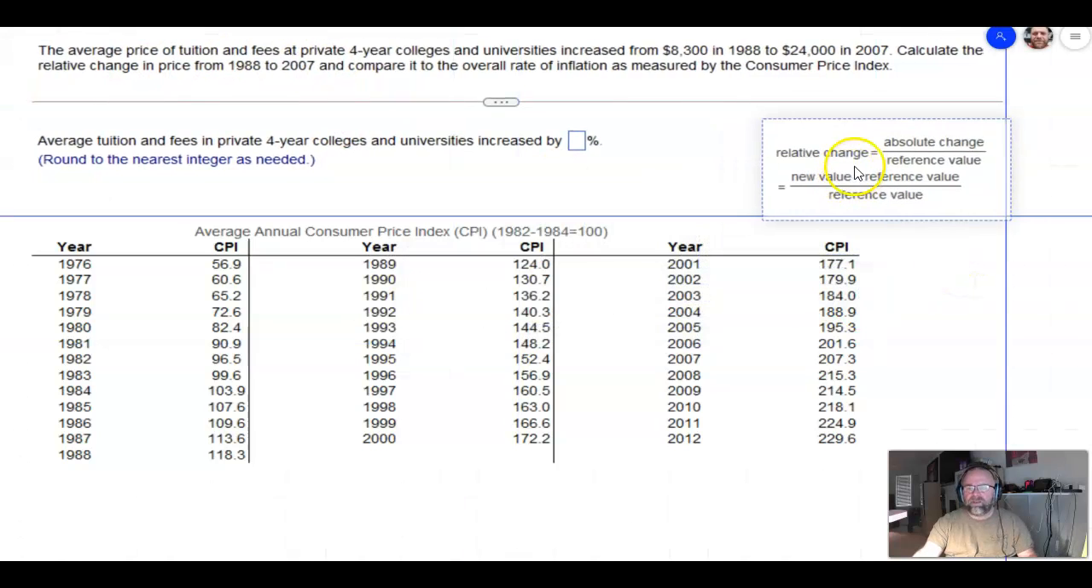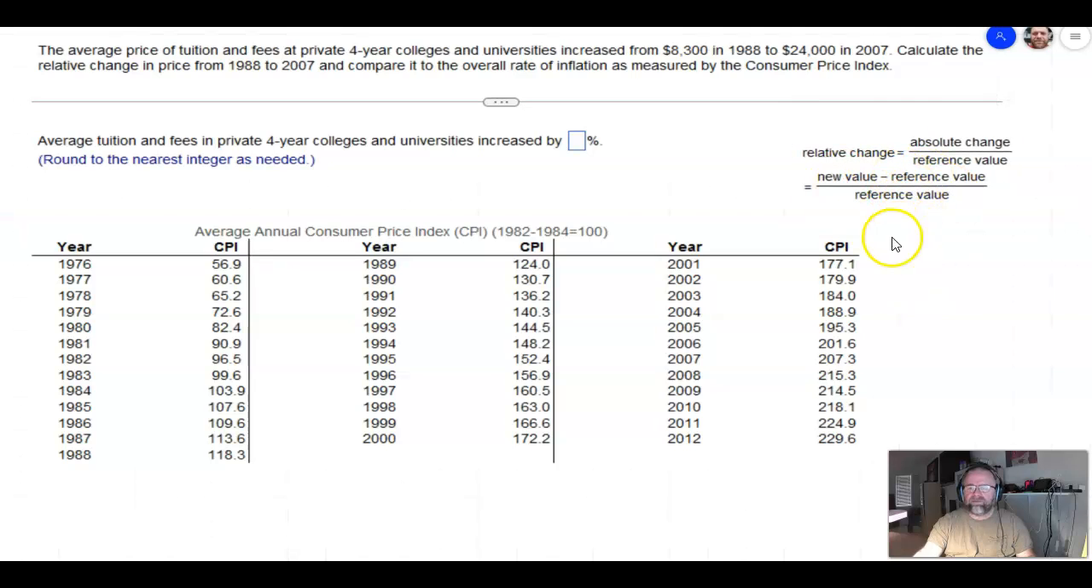So I have a formula for that, and you should have this in your notes here. So the relative change is just the absolute change divided by the reference value. And another way to look at that is the new value minus the reference value divided by the reference value. Remember, the reference value is usually the older or original value. And here we're talking about the price. So we're talking about the